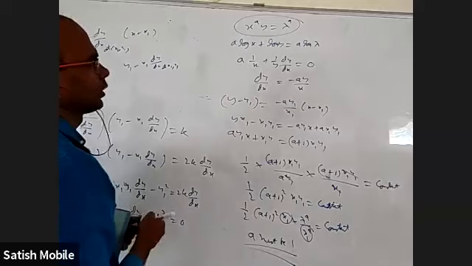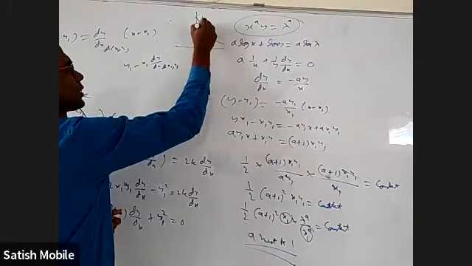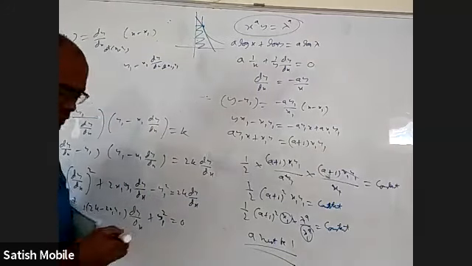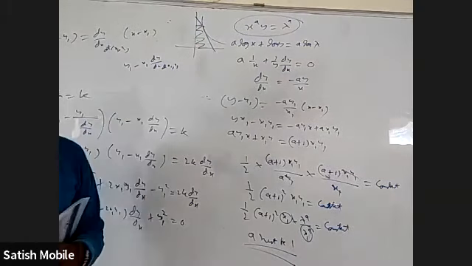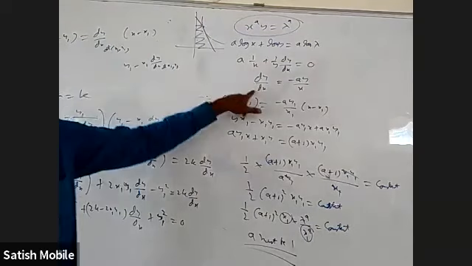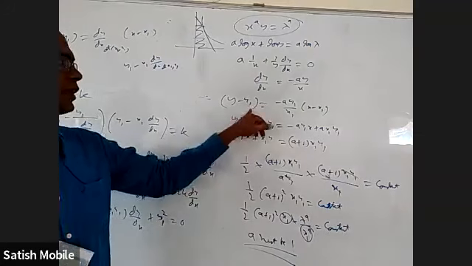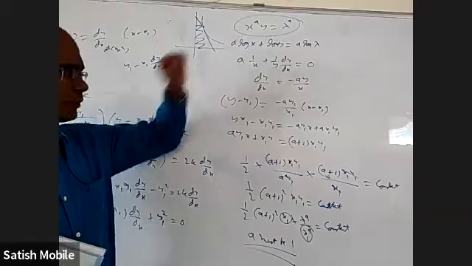Sir, can you explain again, sir? Okay, this is a curve. It is somewhat like this. Maybe you take any tangent to the curve, this area between the tangent, x-axis and y-axis should be constant. It is not that you take different points on the curve and get different areas. It should be constant. So we took a point on the curve as x1, y1. At that point, we found dy by dx. I applied log and differentiated. This is the equation of the tangent: y minus y1 equal to dy by dx into x minus x1. This is the equation of the tangent at x1, y1 to this curve.